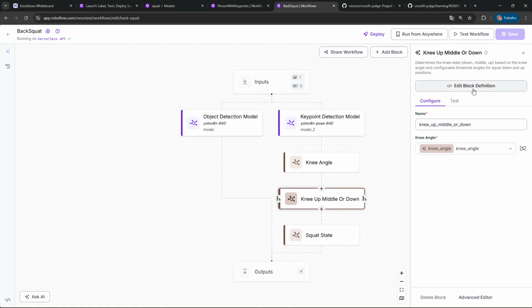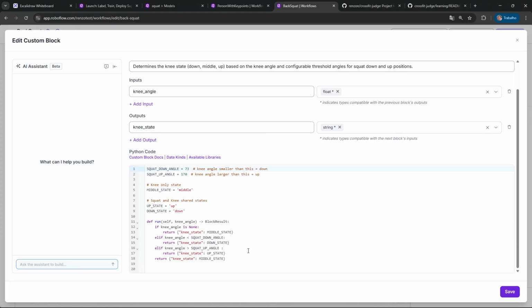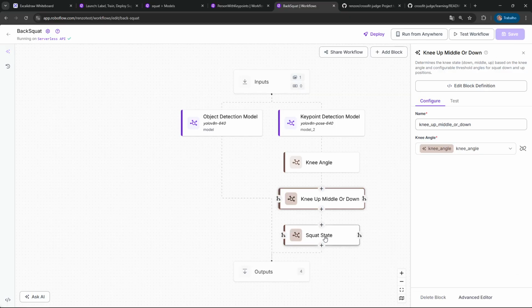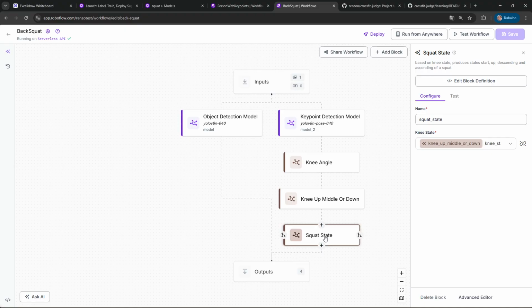I have inserted the knee state function in here that I have in there. Remember the 73 and the 170 degrees for the up state. So I have extracted to this block. I have even put the squat state, and it worked for videos, but on the Roboflow documentation, they say that you need to take care because those blocks are running on AWS Lambda functions that can be overridden anytime. So what does this mean?